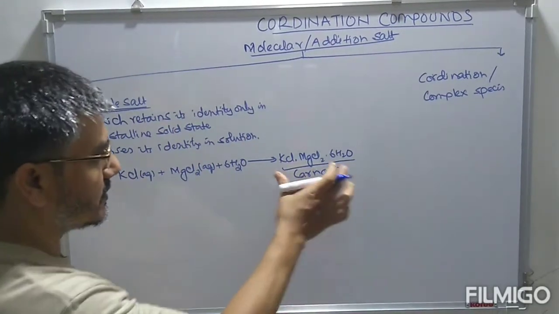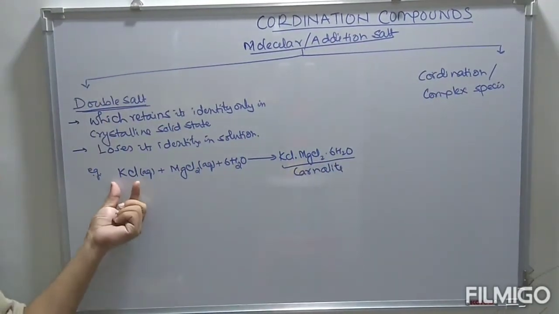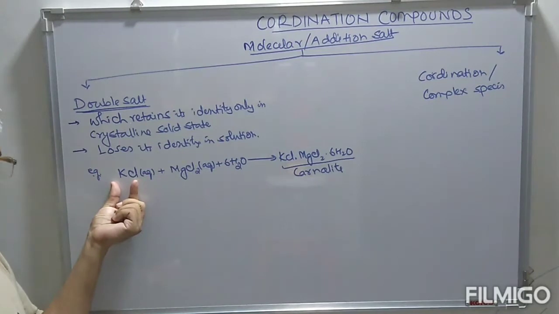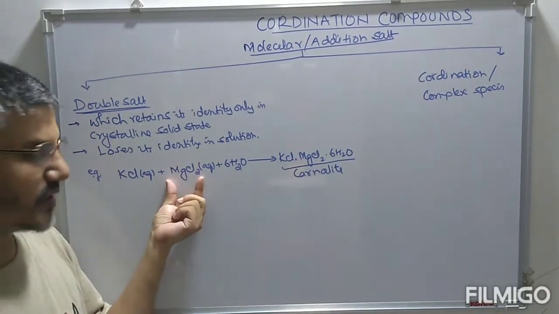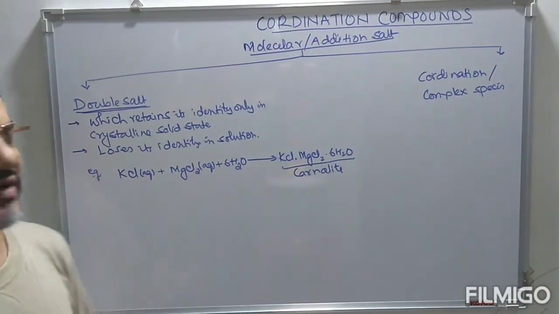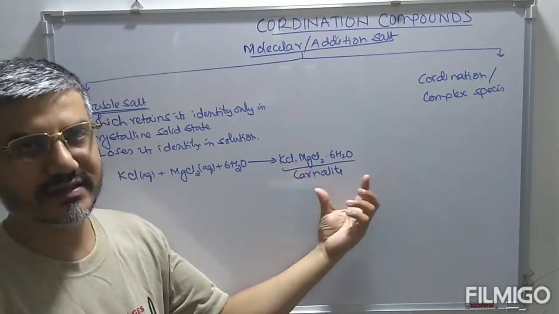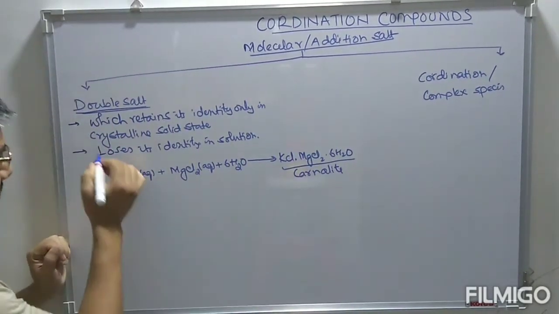So this is the substance. Look at this, we have 1 mole of potassium chloride, 1 mole of magnesium chloride, and 6 moles of water, and it is allowed to evaporate when we get the crystals of this carnallite, that is salt. Similarly, take this